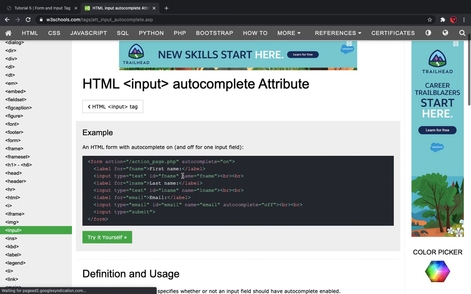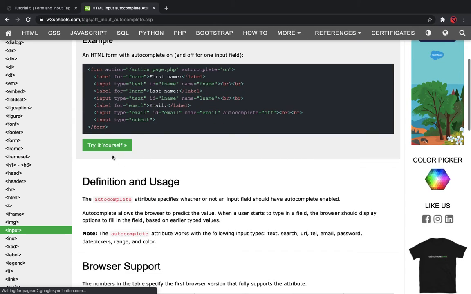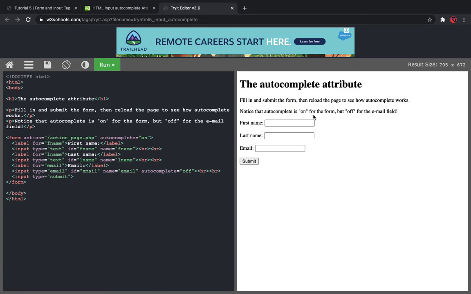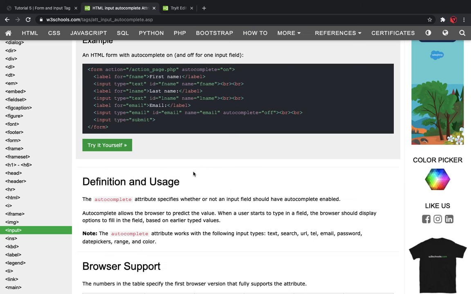Yes, so you can see it is saying autocomplete on. So if this is on, then it keeps on giving suggestions here. Right now it is not giving, but in between it gives suggestions. And if I say autocomplete off, then it will not give any suggestion.